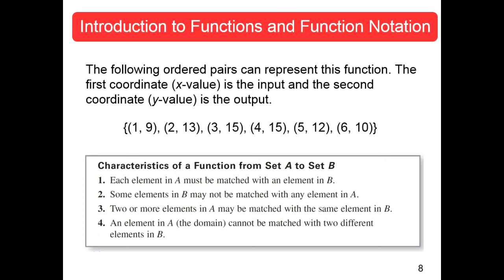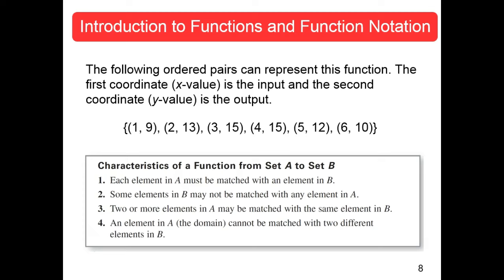Now, what does this mean? What does the curly bracket, they call that a brace, what does the brace mean? A set. That means a set. What do parentheses mean? Ordered pair. Okay? A set of ordered pairs. And what are those? 1, 9. Sound familiar? 2, 13.